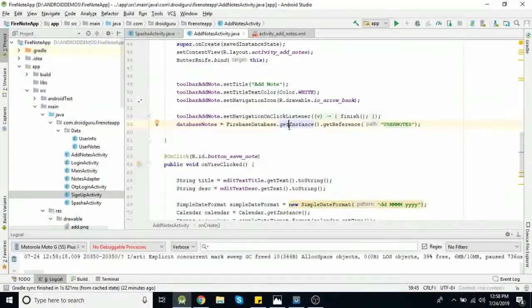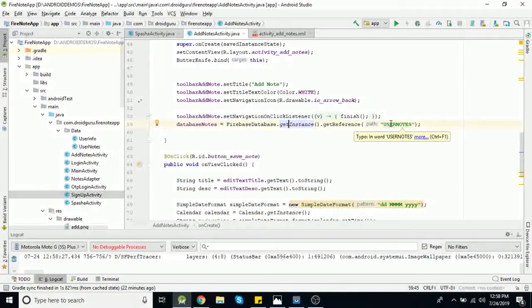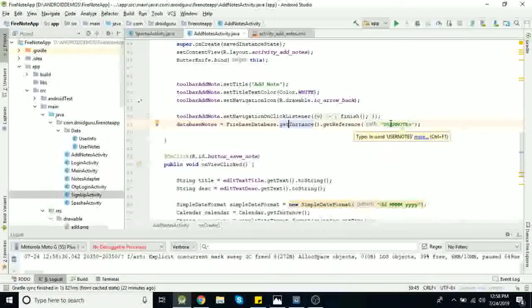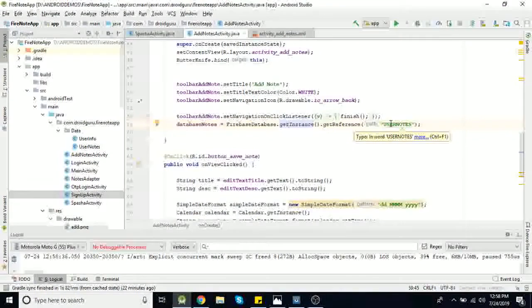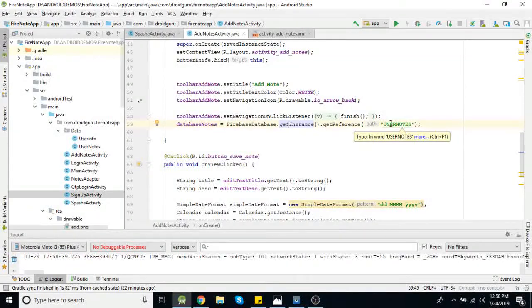Now we already created a reference path for storing our nodes, that is this user node table. But in this table we need to save our nodes independently, that means for every user we need to take one user ID, and under that user ID we are going to save all our nodes.